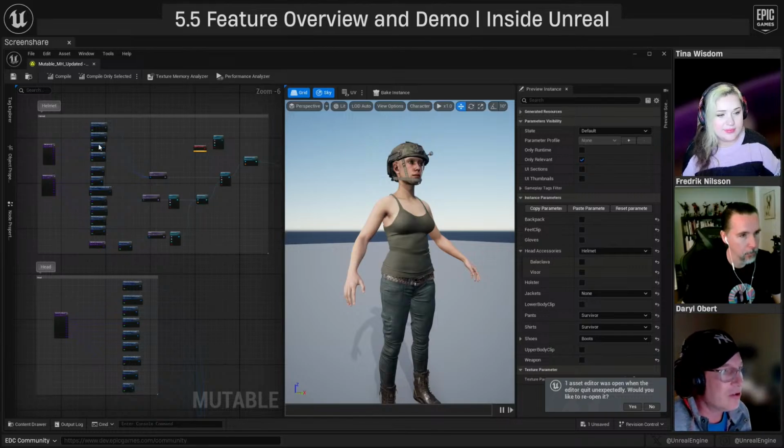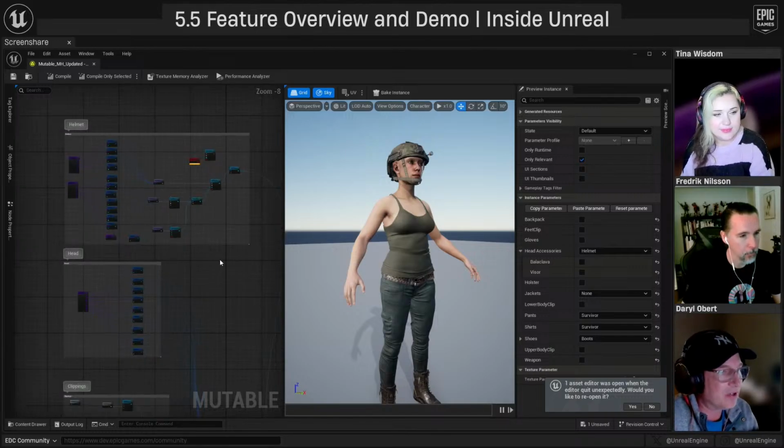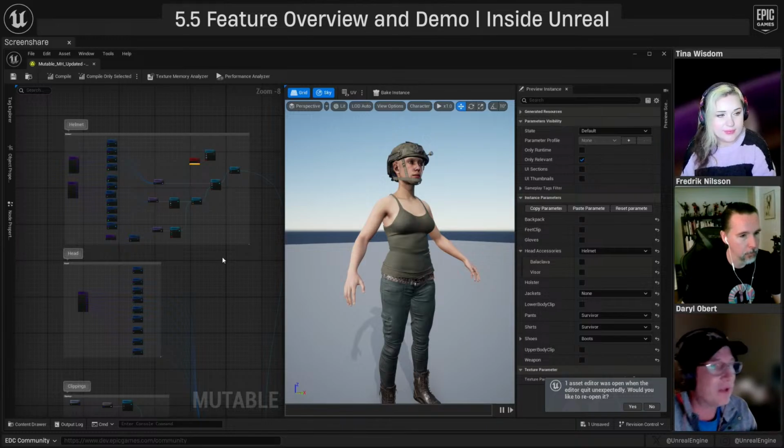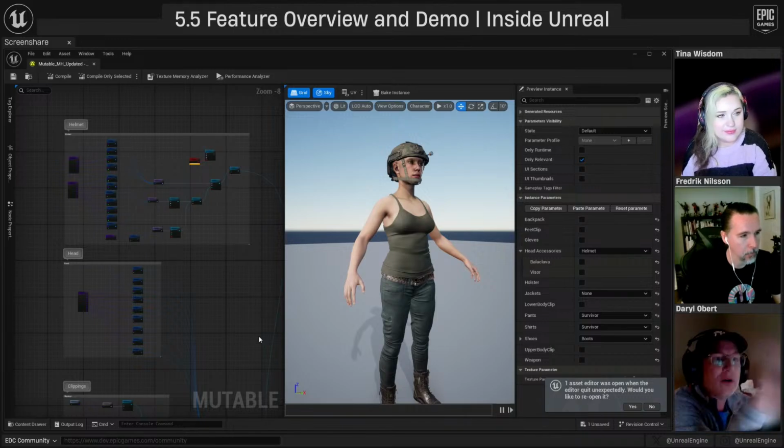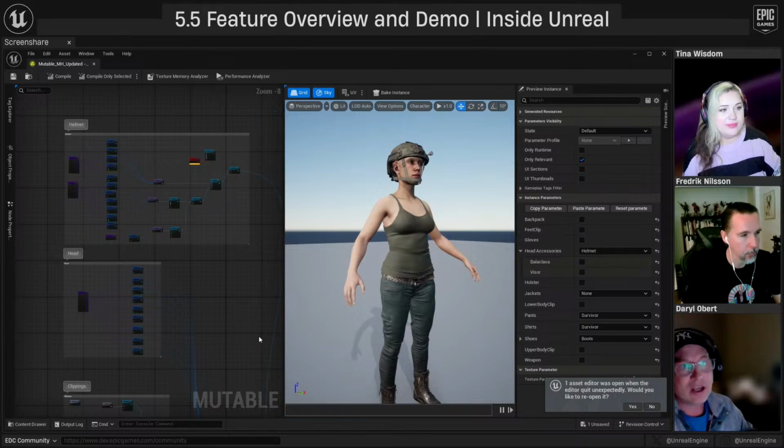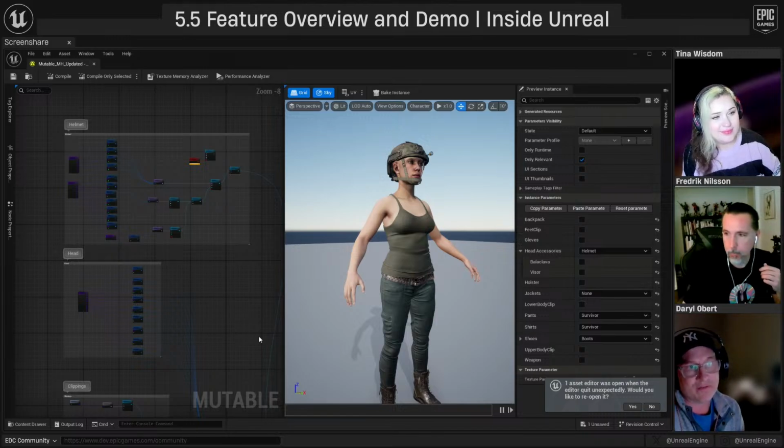So you can build something that has the ability to reference a database, where you might say helmet. Okay, great. I've got my helmet logic set up in my character, so I can turn the helmet on and off, but I might have 500 different helmets. I don't want to bring in 500 nodes and rig that all up. So I'll have one helmet node that can then go to a data table, and from that data table, select which helmet you're going to get. So you can build it with a combination of both of those.